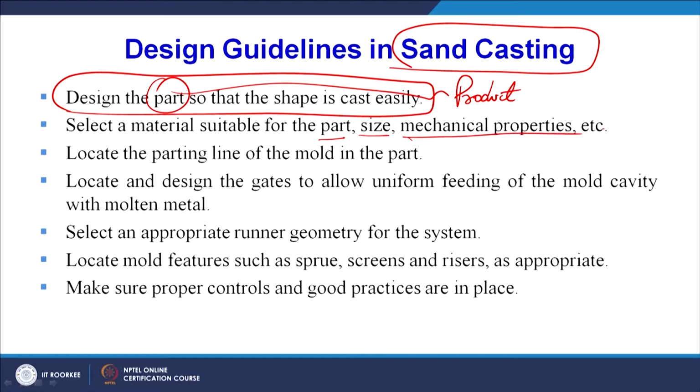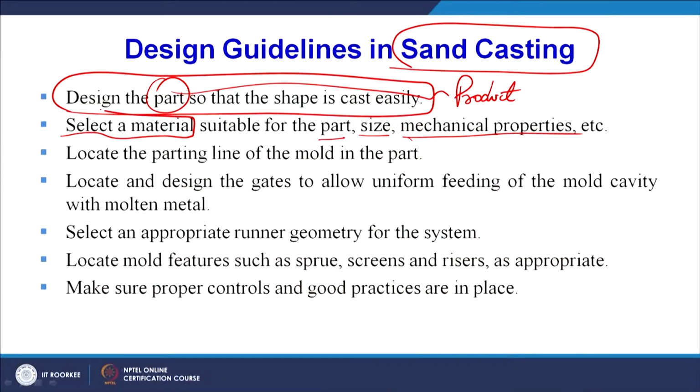Now, we can do metal casting. There can be different types of metals that we can use for the casting process, so we have to select the material accordingly. Already we have discussed the selection of materials in our week 2 during our discussion on engineering materials. Now the third guideline is